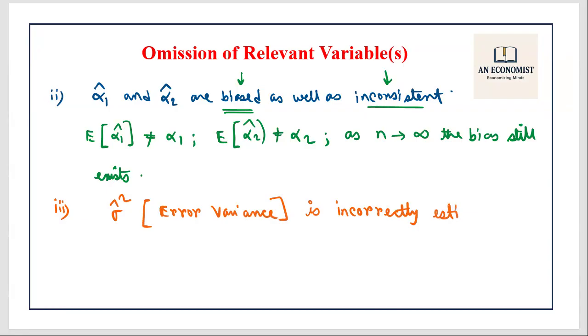This will also be incorrectly estimated. And this will be the third consequence. Now, what is the fourth consequence? The fourth consequence will be even if